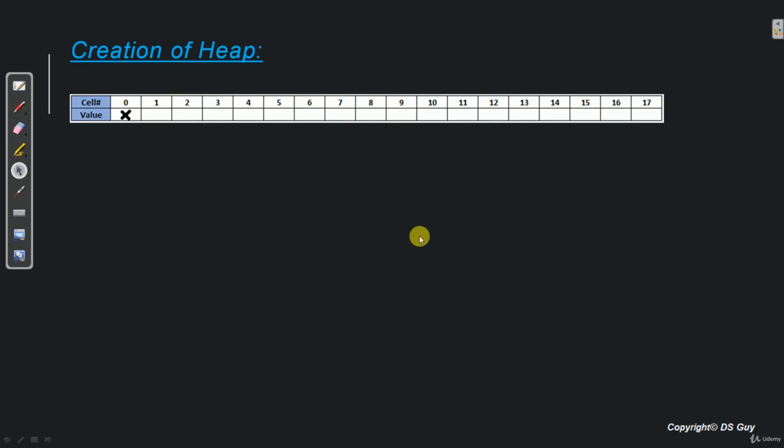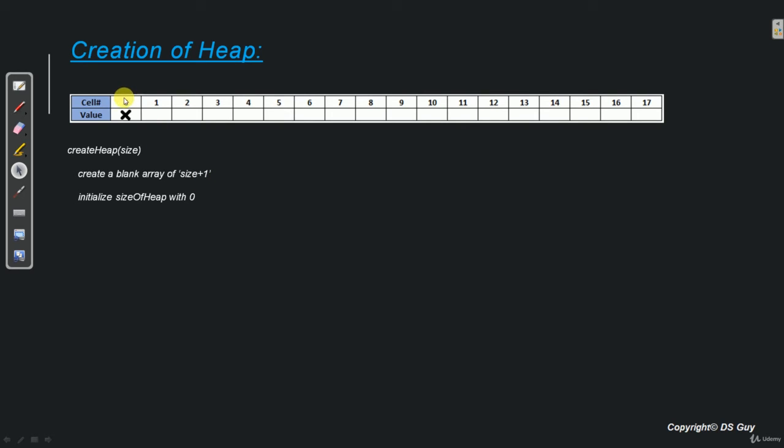So the first operation is creation of a heap, in which we simply create a blank array of whatever size the user wants plus 1 and initialize size of heap with 0, because there is no element in the heap right now. And why do we have plus 1 over here?